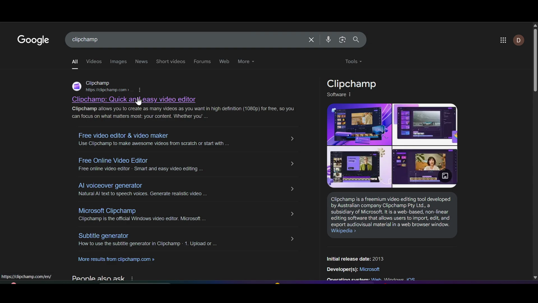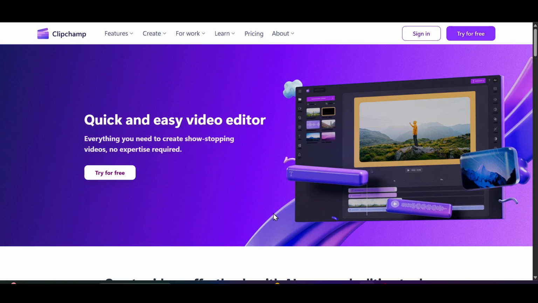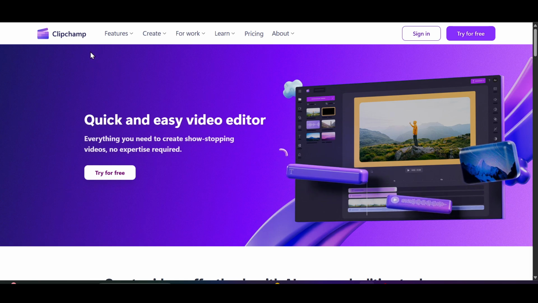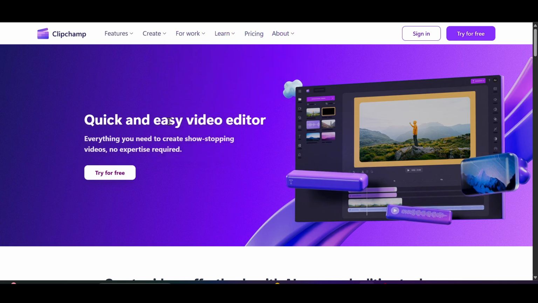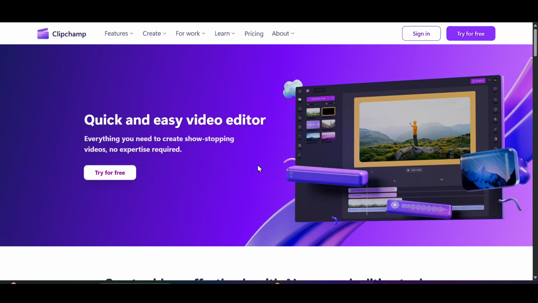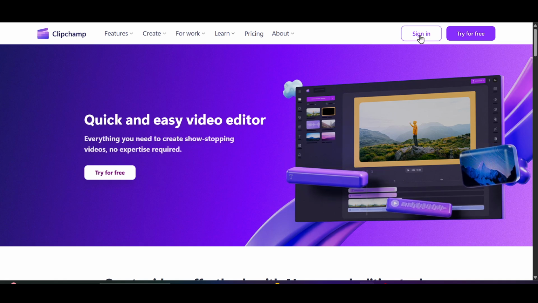Just simply click on this link and after clicking on this link you will see this type of dashboard of Clipchamp where you can see multiple features, create, for work, learn, pricing and about. And if you want to try it for free, just click on try it for free. But in this video we are logging in the account, so click on sign in,